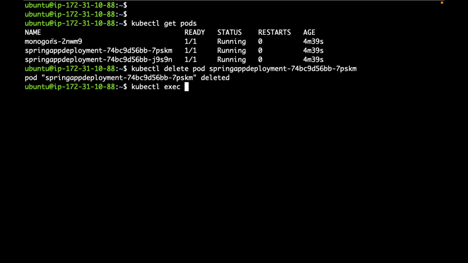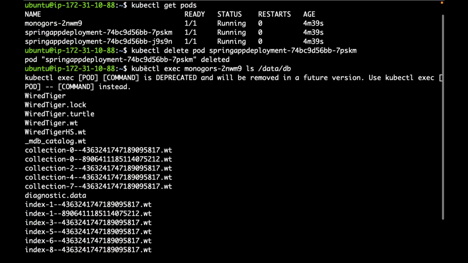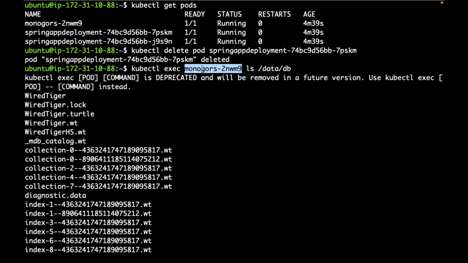Now, if you see, I'm executing kubectl exec on this pod. This command is getting executed within this pod. How many containers do we have as of now? Only one.